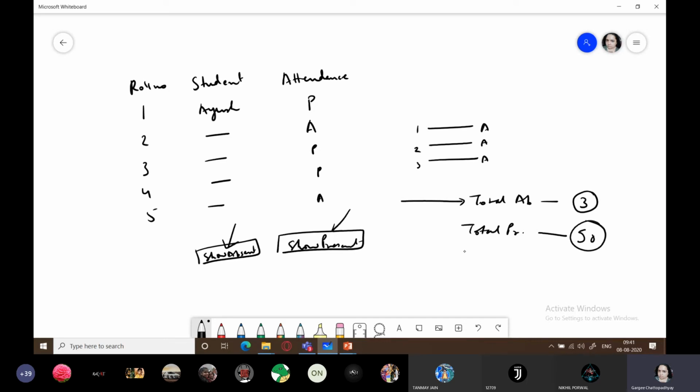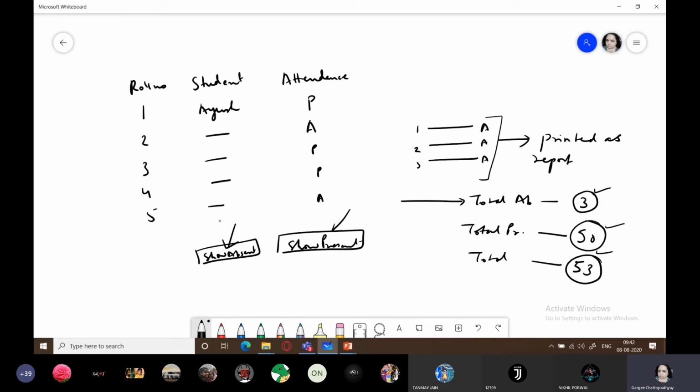Suppose the strength of the class is 53, and it will also give you the total strength over here, that is 53. So this is how the entire information is there. Even this list can not only be displayed, but it can be printed as a report also, and it could be submitted to the principal.